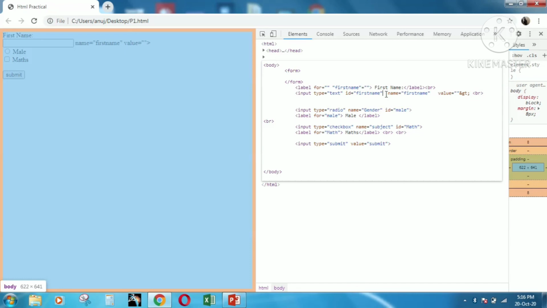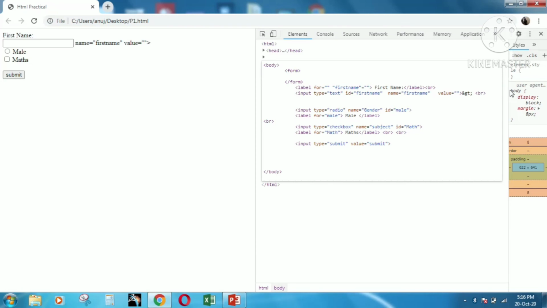We have added an extra angle bracket, so remove that. First name, name, value. And close the tag.